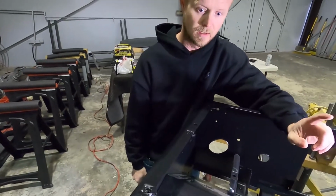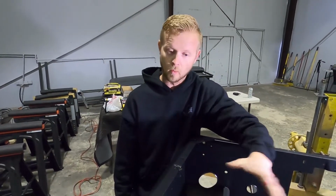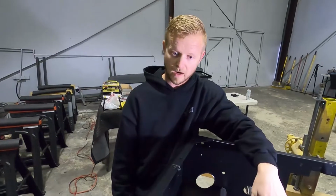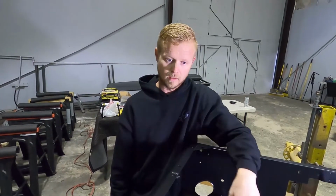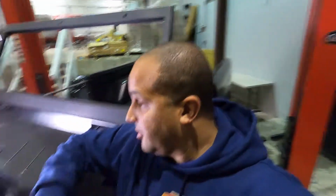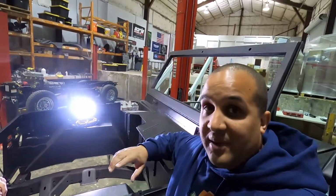But first we need to drill some spot welds and cut this wheel well and get it out of the way so we can get more access to the firewall. So we're gonna be disassembling and then reassembling in the opposite order. And just a quick note on my 66, I did both wheel wells because I wanted them to be completely